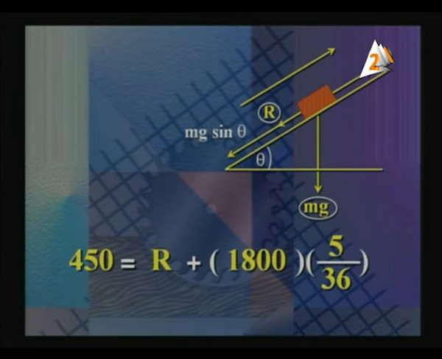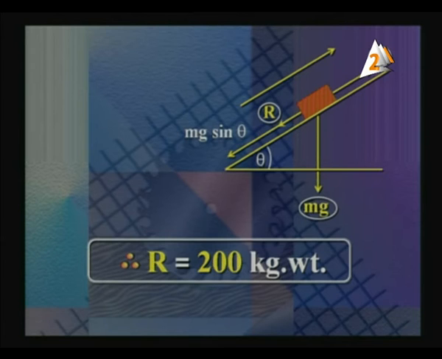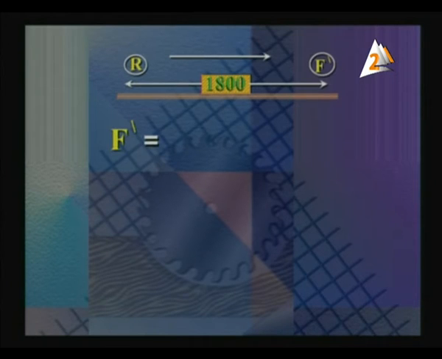450 equals R plus 1800 times 5 over 36, and we get that R equals 200 kilogram weight. As the second requirement, on horizontal ground, we say